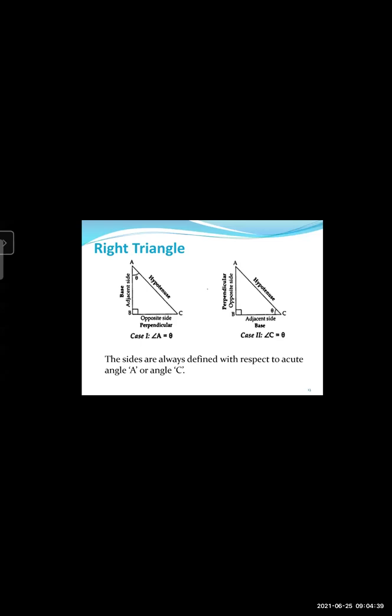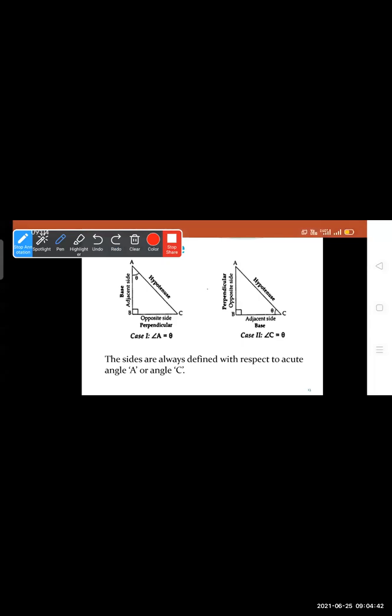Then we see this one is the perpendicular height. Yes, this one. When we take theta, then the opposite side is called the perpendicular height, and this one is the adjacent side. This is also called the base. In case of the second figure, here is the theta. So this one is the perpendicular or opposite side, and this one is the adjacent side called the base. Okay, so in this way we find which one is the opposite or perpendicular side and which one is the base. Okay, now next.